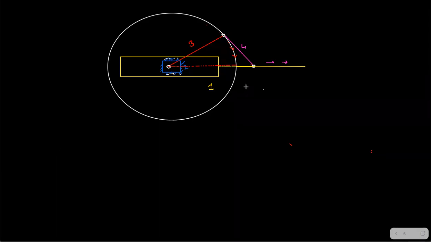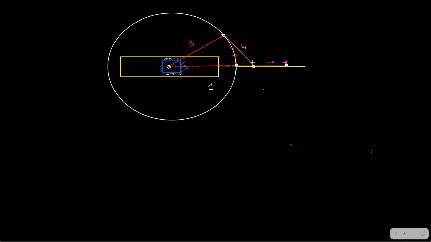Let me draw the straight line. And from here to here, let's say that length won't change. Okay, with the same length. See, let's say that it has come to the new position. This is the new position. Fine. And what will happen to the yellow link? Yellow link will be pulled up, right?